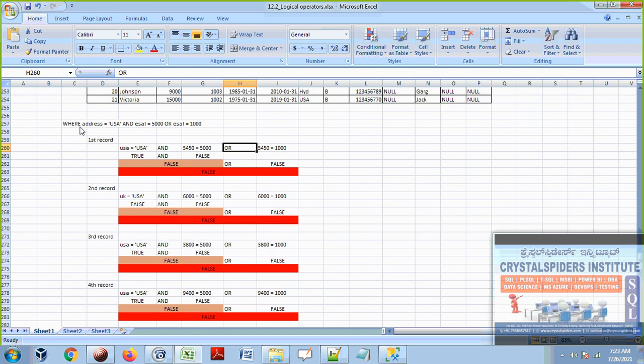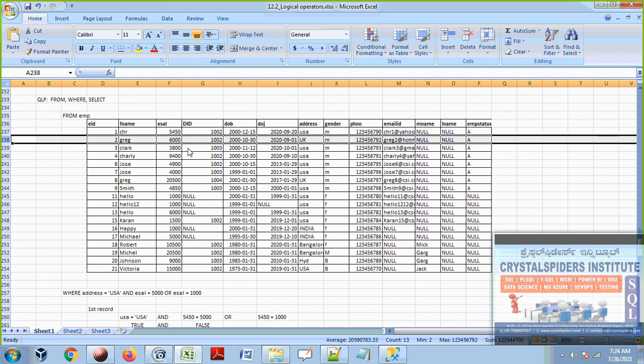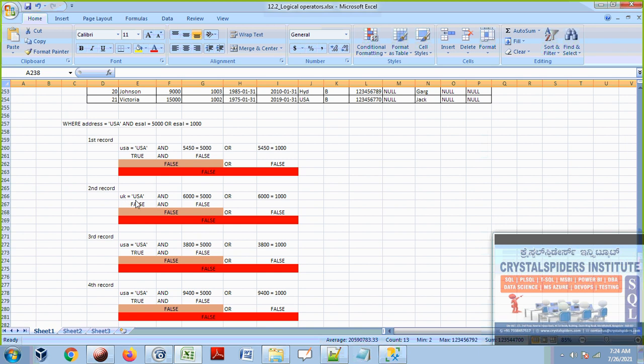Now in a similar way, the WHERE clause will go to the second record and apply these conditions. In the second record, address is UK. Who is that guy? That guy is Greg, and Greg's address is UK. So now here, UK equal to USA and 6000 equal to 5000, or 6000 equal to 1000.